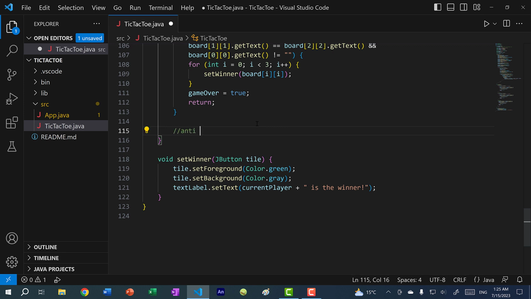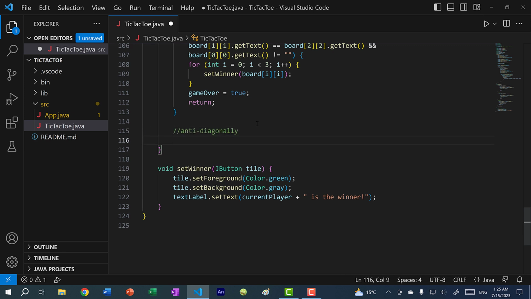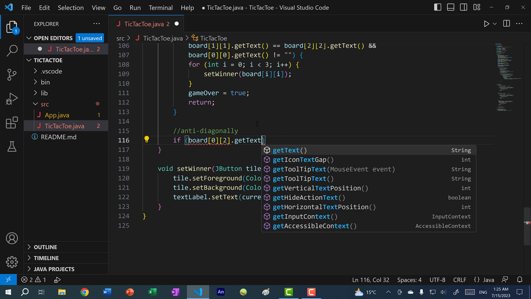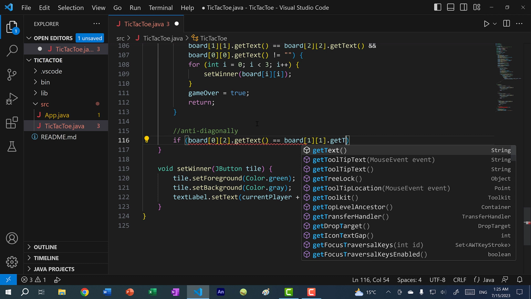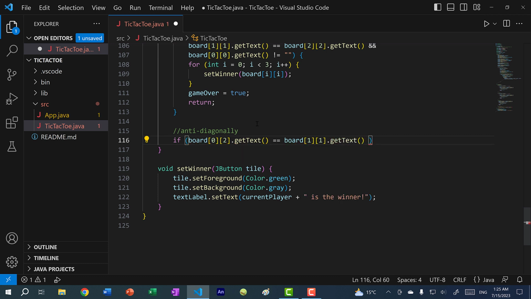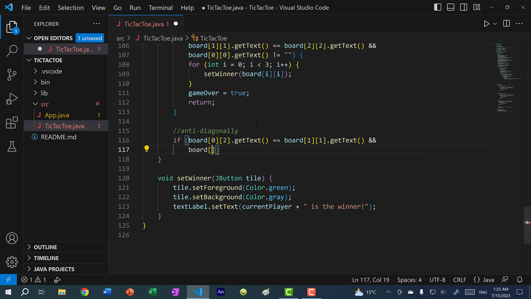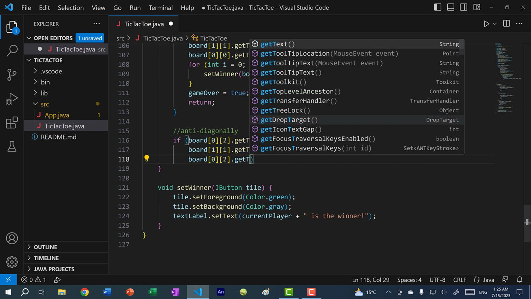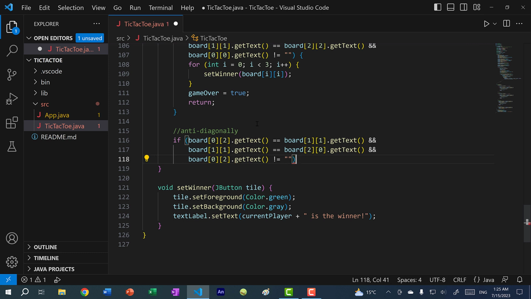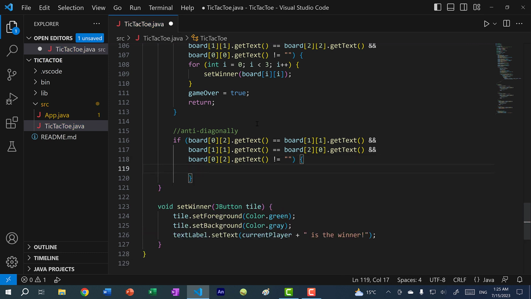So anti-diagonally, if board of 0, 2 dot get text is equal to board of 1, 1 dot get text, and board of 1, 1 dot get text is equal to board of 2, 0 dot get text, and board of 0, 2 dot get text is not equal to an empty string, I'm going to call set